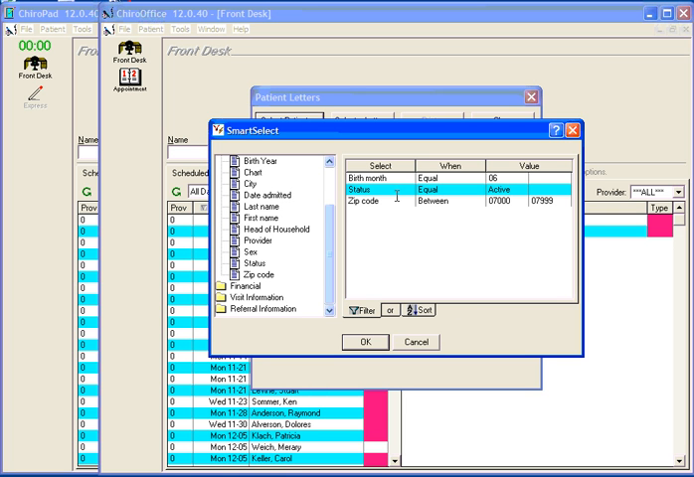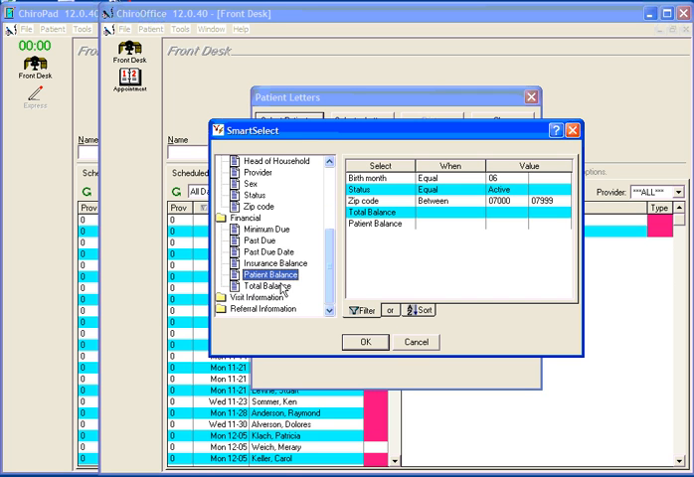We may also want to send this only to those people that owe us little or nothing, so we could then double-click on Financial, choose either Patient Balance or Total Balance, and if you make a mistake, simply click on it, then right-click on that space, and click on Remove Field. It will be taken out. In the When column, again, get the drop-down arrow, and this time select less than or equal to, and then a value of maybe